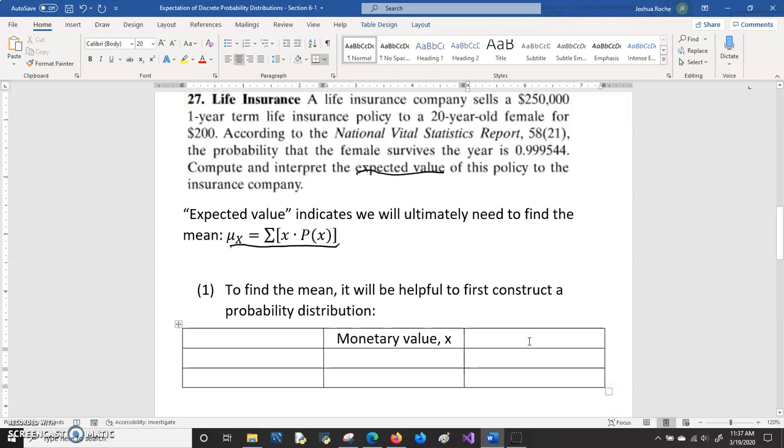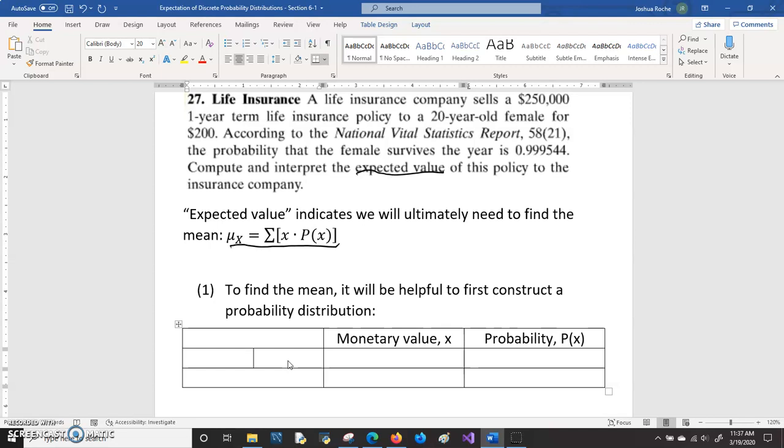And then the other column is the probability. You also want to think about what are the different outcomes that could happen